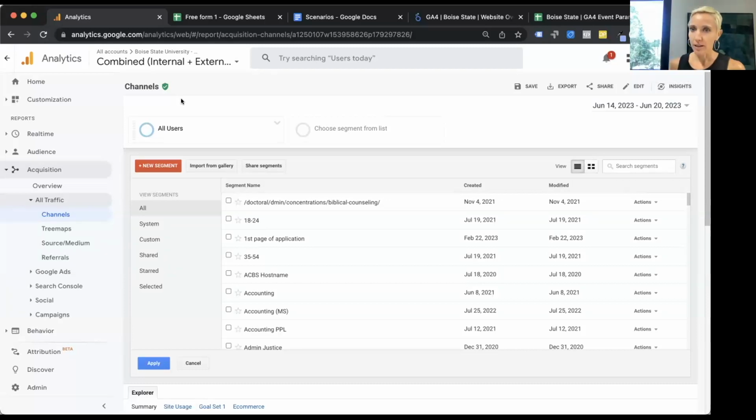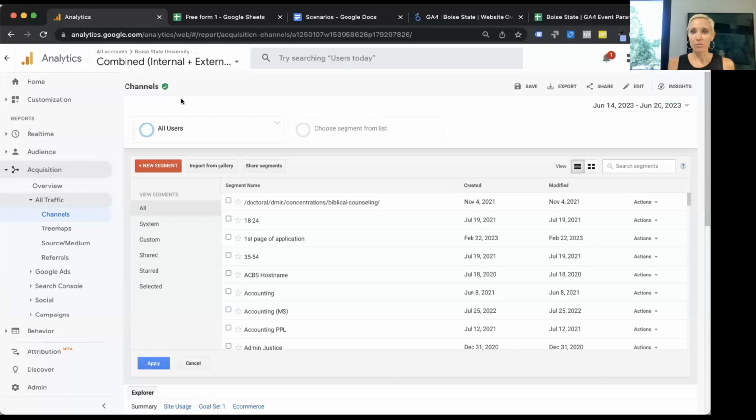And I know that at the universities, it's very important for you to be able to isolate your own website or your own unit's data. So when Isaac was showing how to filter each of those reports in the reports interface, one thing to note is that at this point, that filter only persists on that page. Once you navigate to a different report, you have to recreate that filter.